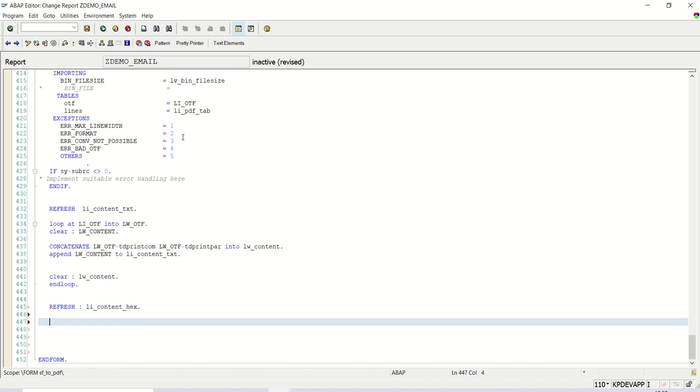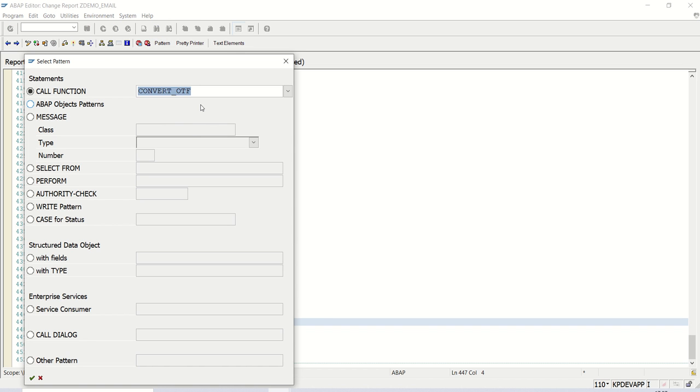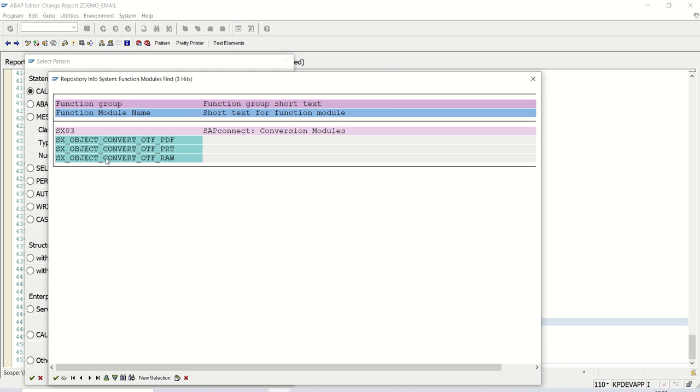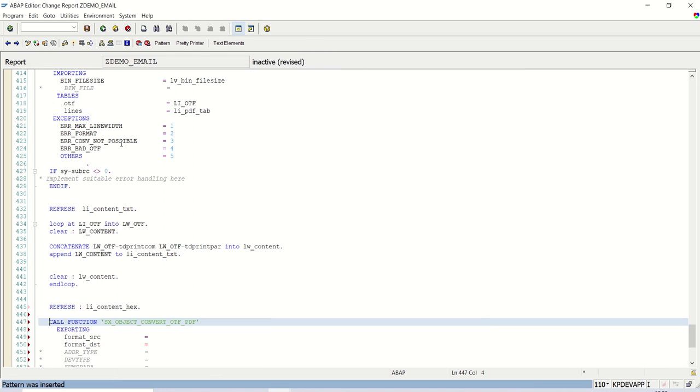So we click on the pattern button: SX_OBJECT_CONVERT_OTF_TO_PDF. You have to call OTF to PDF here,